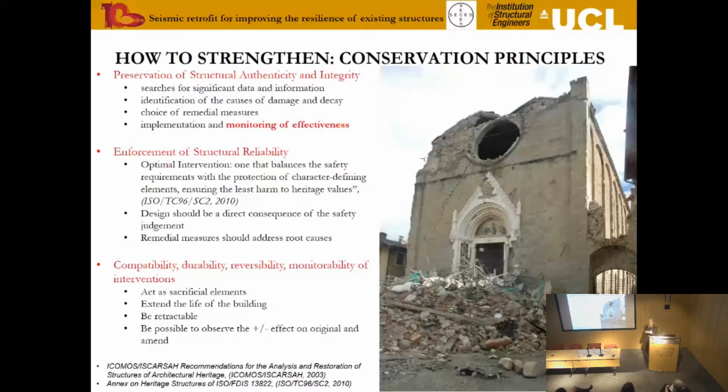some of the interventions that we might do today might be at the best of technology today, but they might become obsolete in 10 years, 15 years. Can we actually dismount them and substitute them with something more efficient down the line in 20, 30 years? Remember that these buildings have been there for 500 years, and we want them to be there for another 500. This is a very important thing from an engineering point of view, and very rarely actually put in practice.